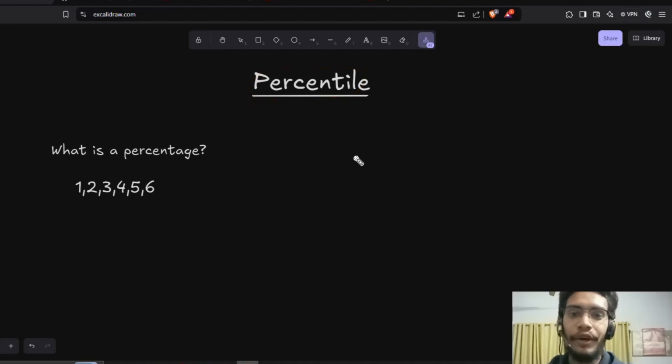So basically we'll see what is a percentile. Now this is an important concept in statistics. The one is a percentile and the other one is a quartile. These two are interrelated, but first we have to understand what is a percentile. Why is it important? Because it is the very first step to find the outliers. What are the outliers? I'll tell you later in the video, but